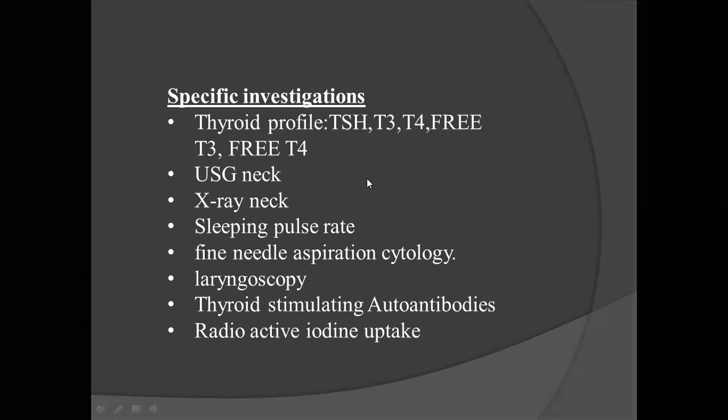There are 2 possibilities. If the nodule alone is hyperfunctioning, it becomes a toxic adenoma. Toxic adenoma means you can do a hemithyroidectomy and the patient will become euthyroid. If the whole gland is hyperfunctioning, then you have to do a total thyroidectomy or a subtotal thyroidectomy. That is what you want to do. Right? Okay, next.